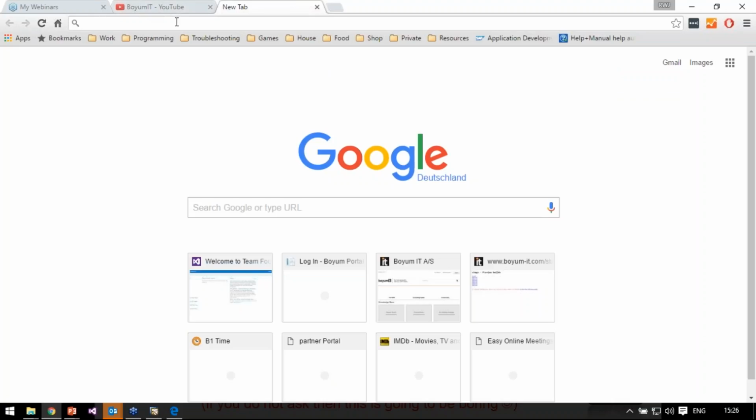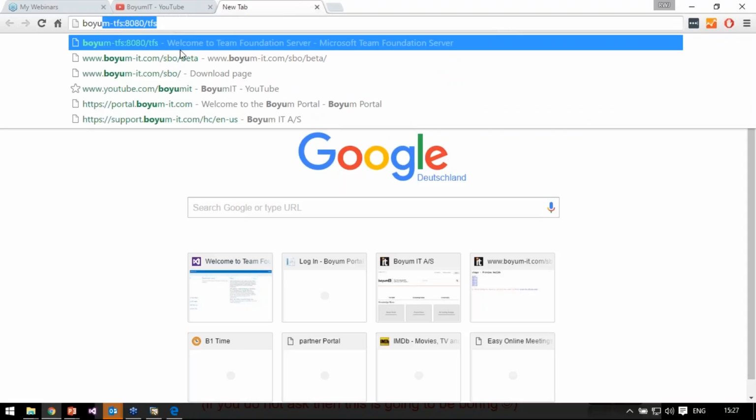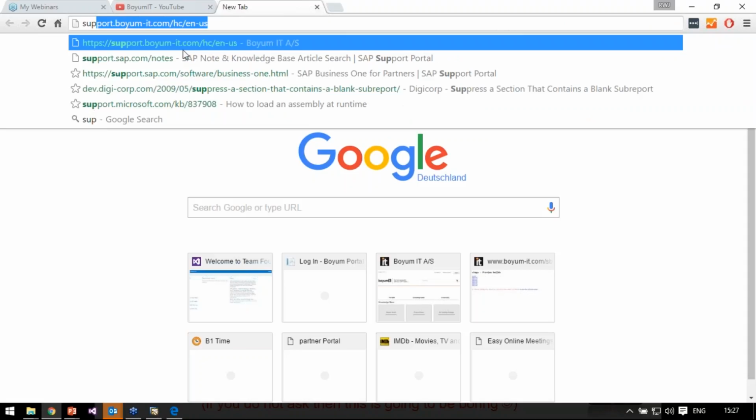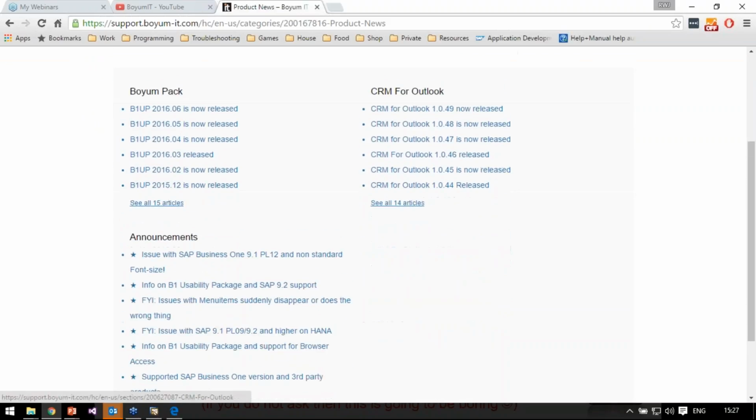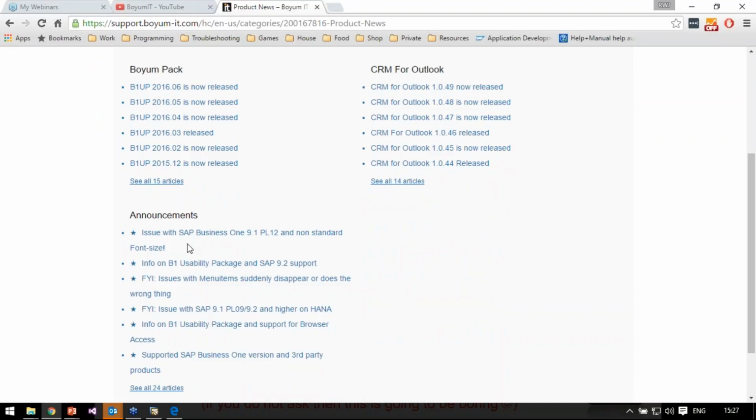Is there an alternative? Say again? From your side, is there any alternative way from which I can handle this situation? I have not found any beyond using DI API and not using SAP's window. There you can do it, of course, but that requires code. So what we have done is we have gathered, let me go to support.boyum.it, and under product news, we have an article